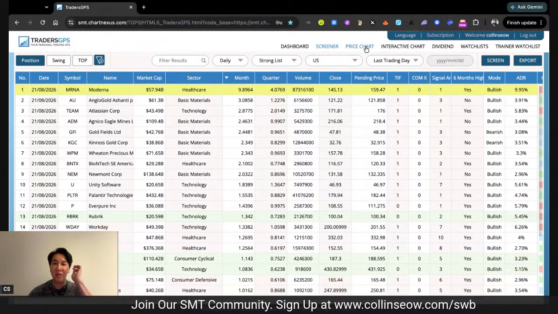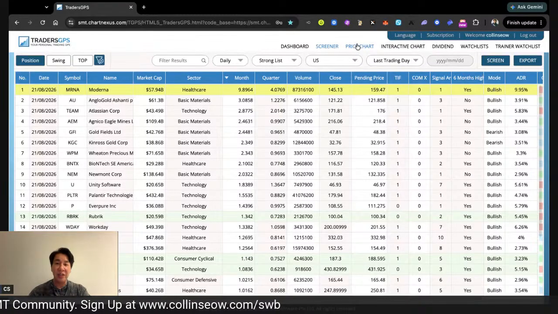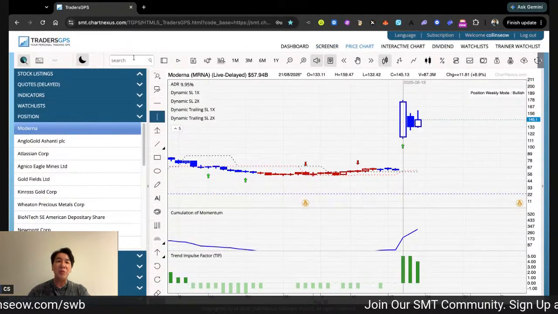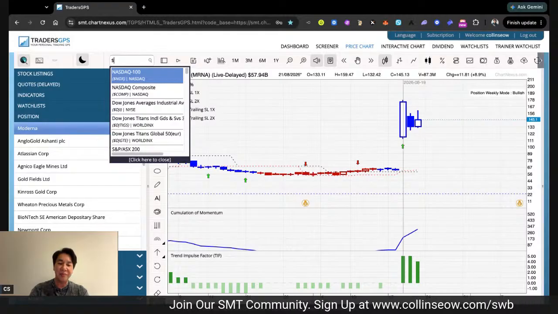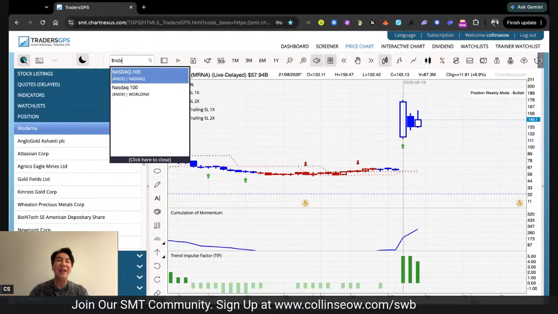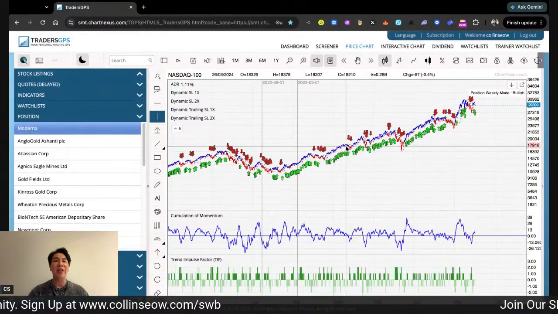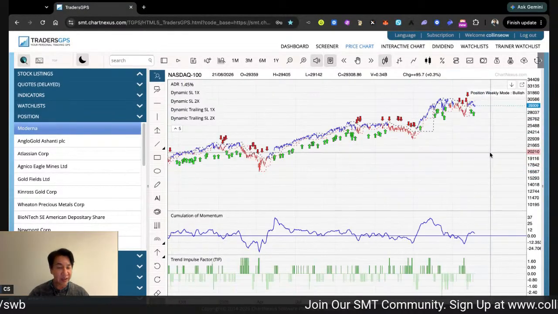Okay, I think I went too far here. Let's go back to the index. The reason why we look at the index is also because then you have a guide. If the index is bullish or strong, don't keep thinking of shorting the stock. Yes or no?